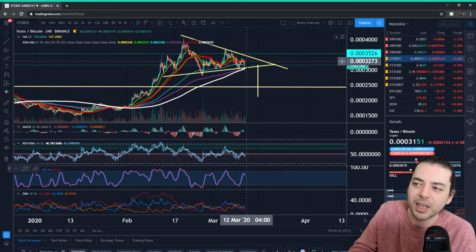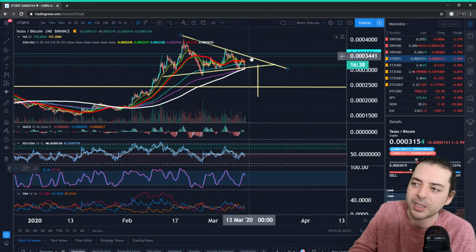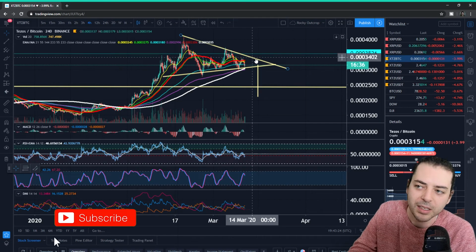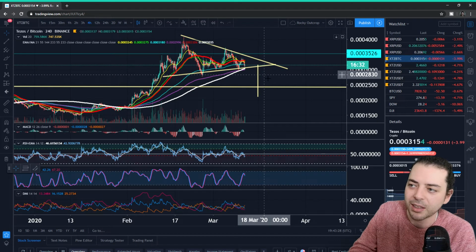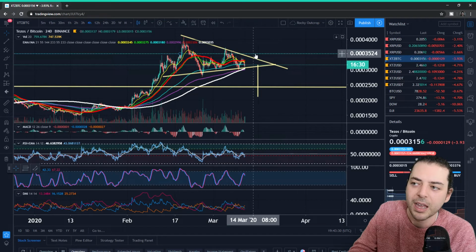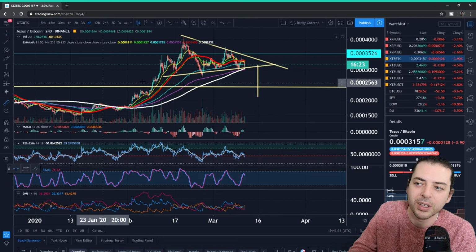Now that might make this persevere within this area a bit longer, even if the USD prices do change a wee bit. Now, if the USD prices go up a wee bit, maybe we could see this going up towards the top of this symmetrical triangle. Until such times as it breaks, I won't be taking any sort of trades either way with it. And of course, if it were to break out anywhere in this area, then you're looking more or less